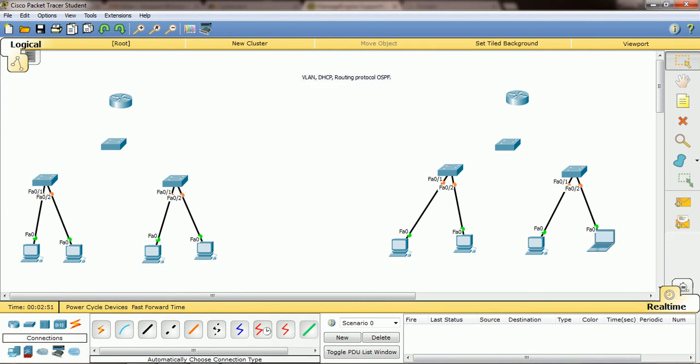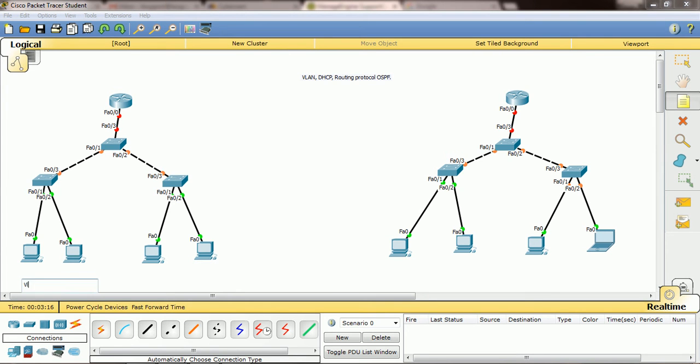So I connected switch to core switch and core switch to router, right? So same like do this side also. Yeah, so now it's done. Just I will label it.